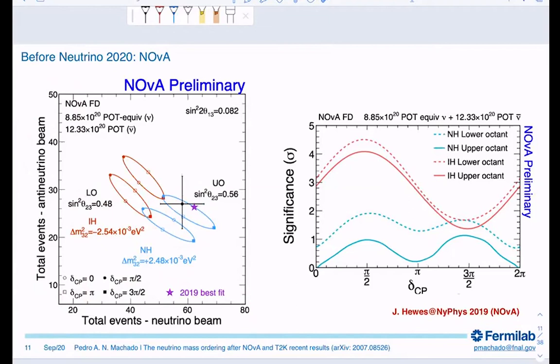So when you look at what are the values of delta CP that fit the NOvA data better, you can see here for normal ordering that almost any value fits well. This is like 1 sigma, so any value is fine. And inverted ordering is a little bit less preferred, but there are still some regions where you basically have less than 2 sigma rejection, right? So basically NOvA was compatible with almost any CP violation in either hierarchy.